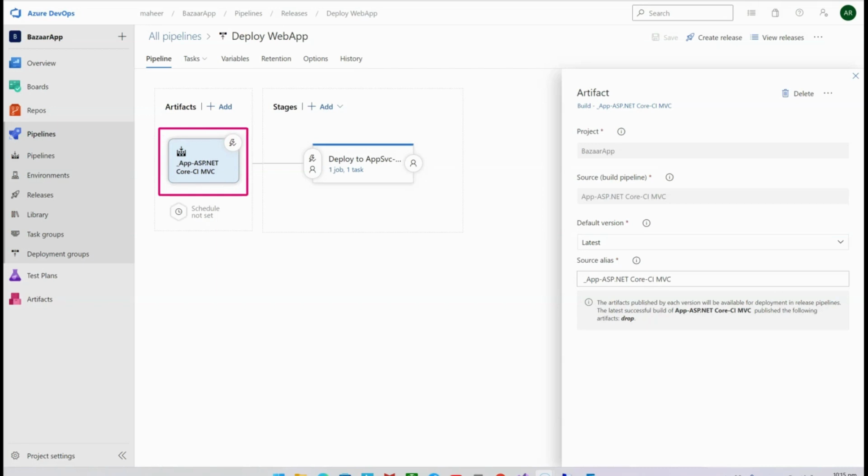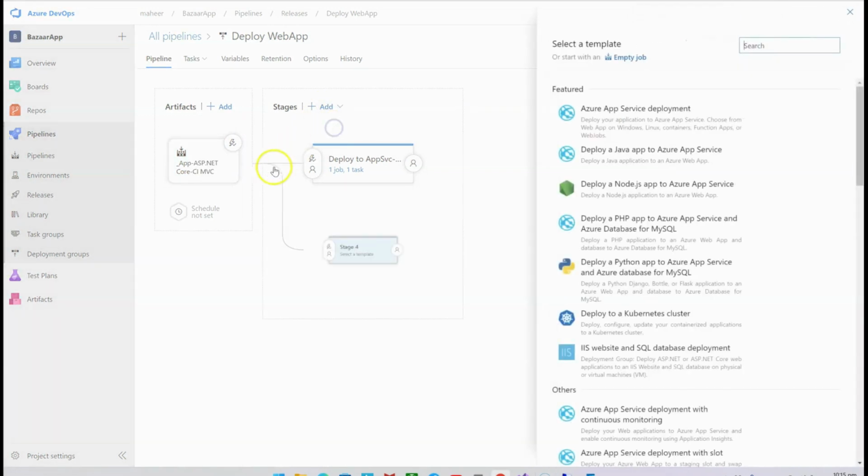So if I select this one, which I need to do, and then click add, and then click on new stage, it will add a new stage. That means you are having multiple targets for deployment. One is the app services plan, the other one is virtual machines, and the third one could be that you can deploy to a container. So there can be multiple targets. So what I'm doing,